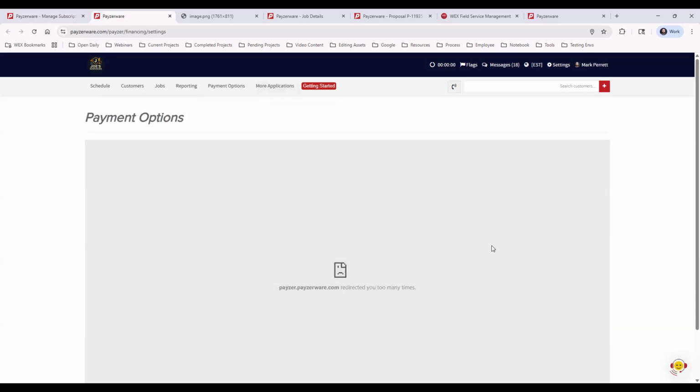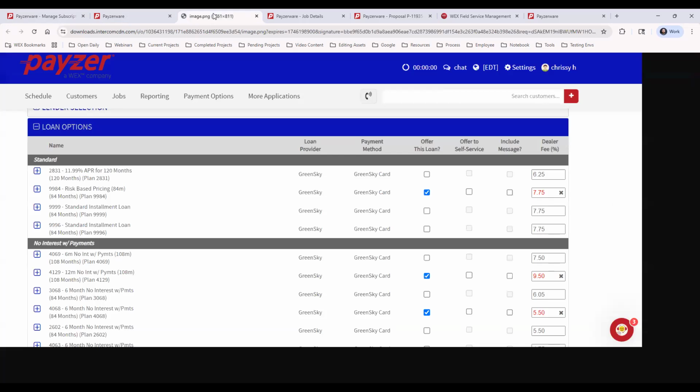Now, this is a test account, so we don't have any real loans with customers. So this page is not going to look like what you see, but I do have an image here to show you what you will see when you go there. Once you get to that Manage Loan Options page, this is where you will see all of the loans